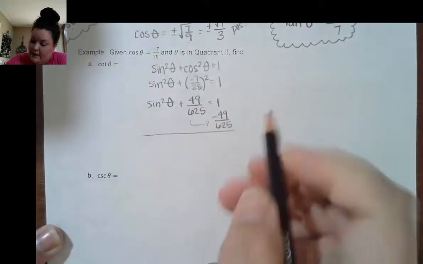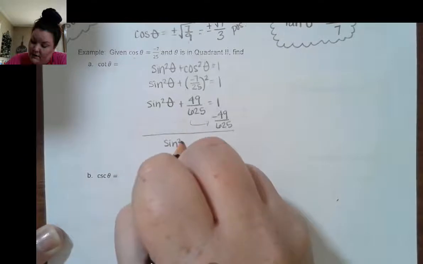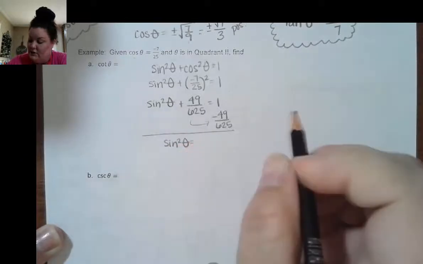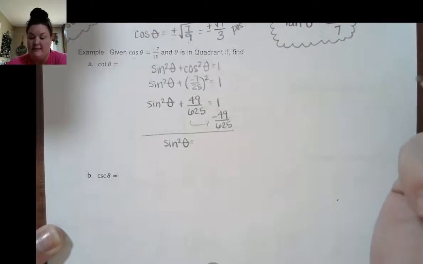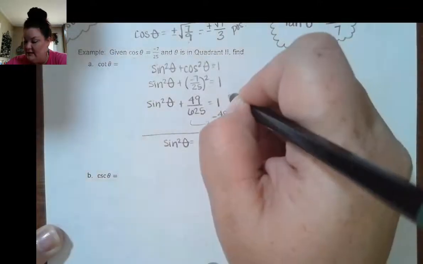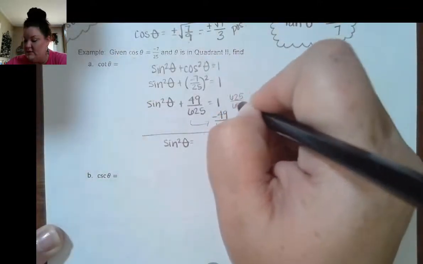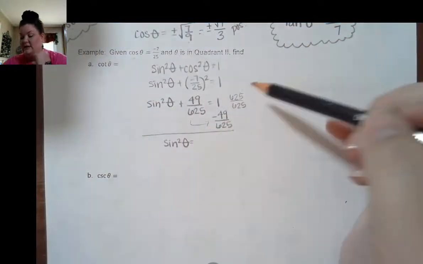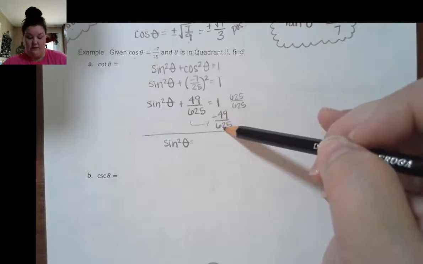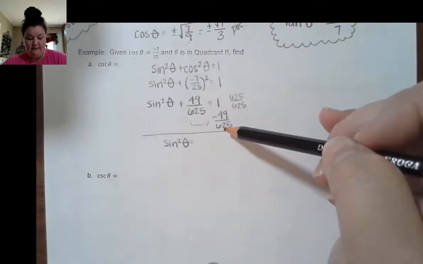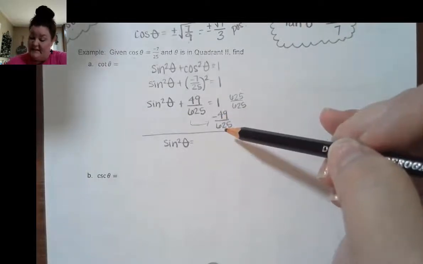So I end up with sine squared theta is equal to, now again, this 1 I could write as any number over itself. So I could think of that as 625 over 625. So if I do 625 over 625 minus 49 over 625, that's going to leave me with 576